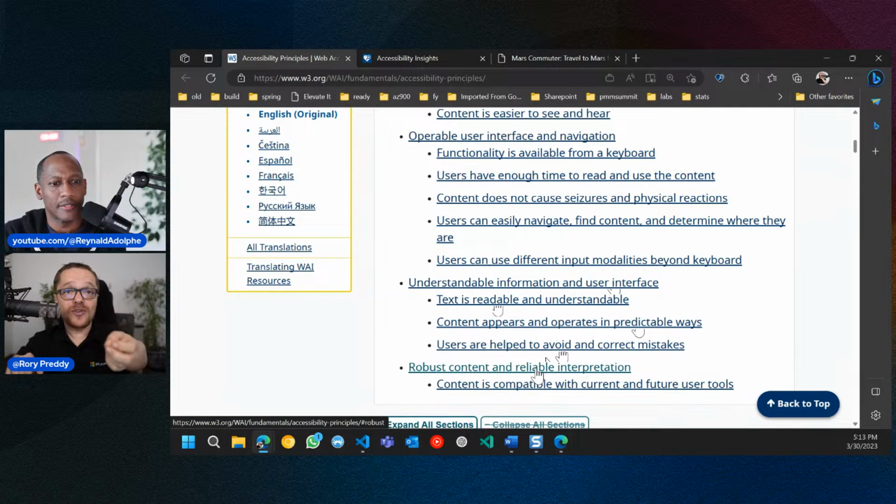Now, responsive design was the first real hint to people to go in and create accessible tools, because responsive design was part of the ARIA spec originally, and WAI-ARIA is actually part of the HTML5 original kind of parent of that spec. And responsive design falls into robust content and reliable interpretation, which is content compatible with current and future user tools.